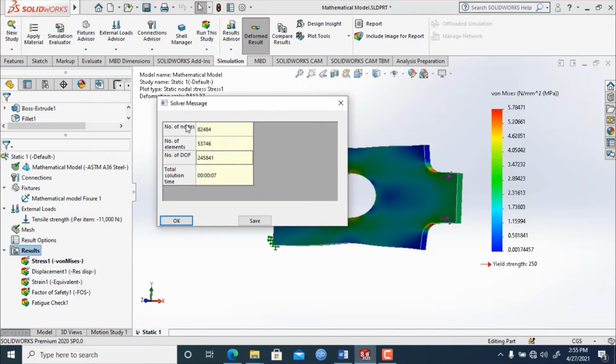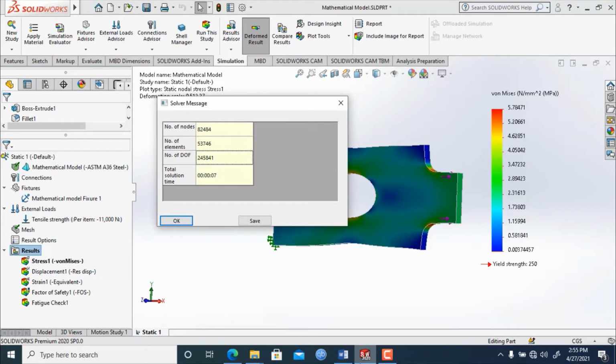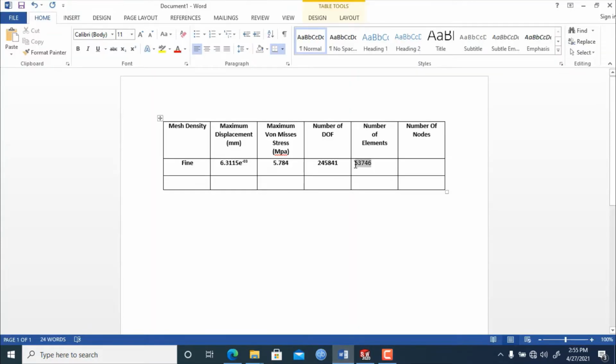Then we will note the number of elements. Here we can see the number of elements is 53746. Let's bold it and center it.